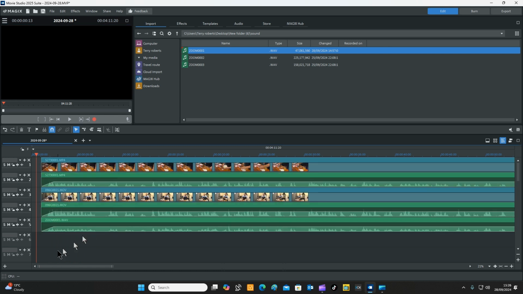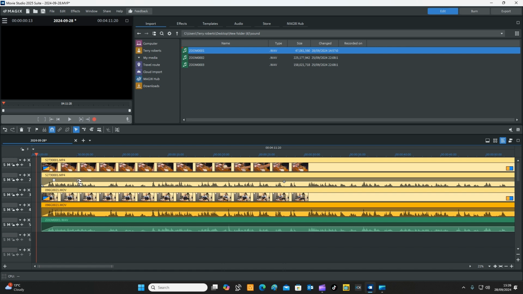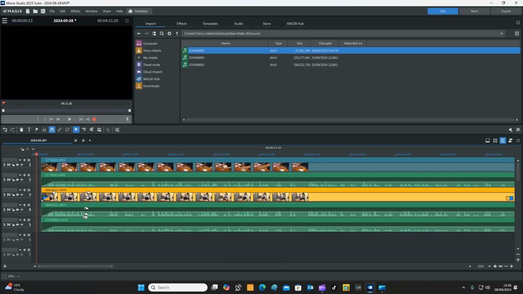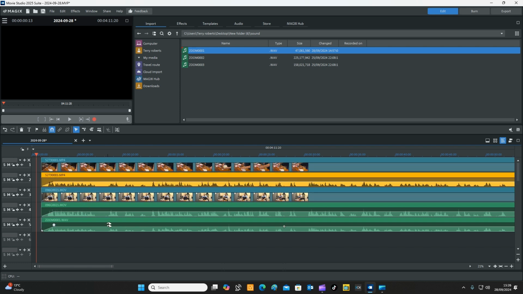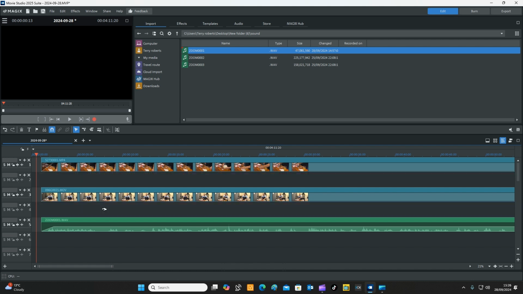Now what we want to do is keep this separate sound, but get rid of this sound from the cameras, because always try to use a separate sound rather than sound from camera. It's a lot better. So if we click ungroup, which is this one here, and ungroup them all, as you can see they're all ungrouped now. So click on that sound, hold down the control key, click on that sound, and delete everything. Okay, so now everything could be lined up